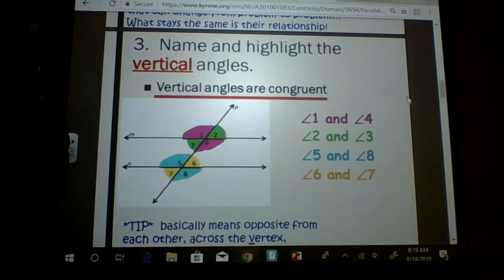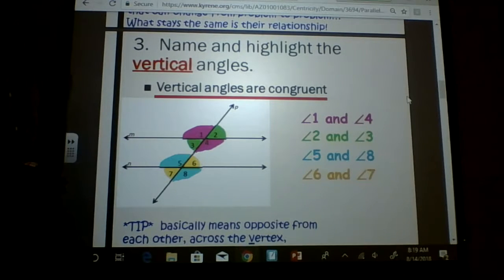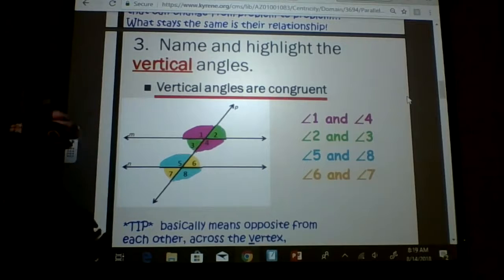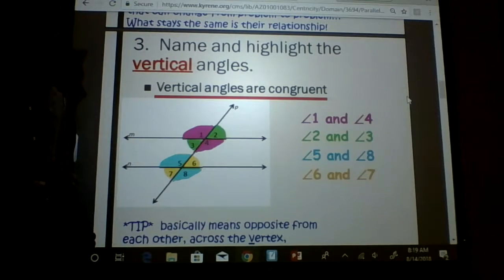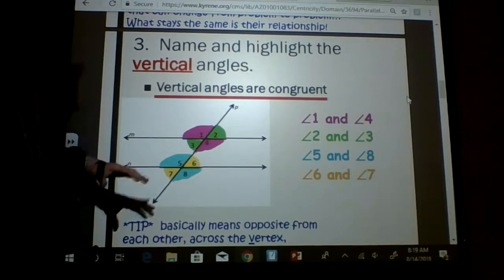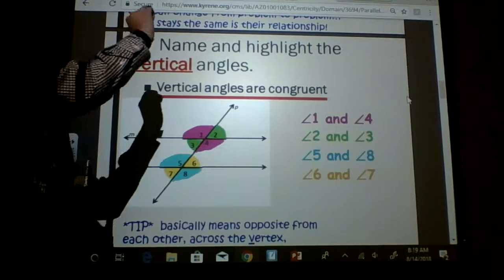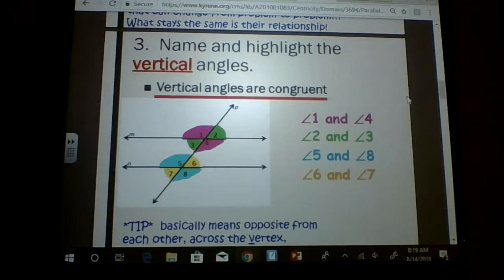It helps a lot of people to highlight and kind of color code these. I understand you may not have those colors available to you. That's fine. One thing you want to make sure is that you're writing this out to the side, to show that 1 and 4 are vertical angles, 2 and 3 are vertical angles. As long as you're writing that down, that's fine. And you don't even have to draw this thing down every single time. I would just leave the one that we drew at the very beginning of the video and then just say, hey, vertical, these angles. And then the next one,